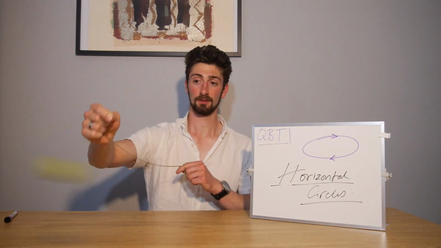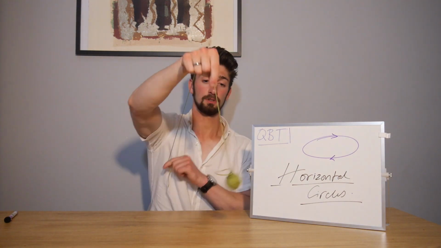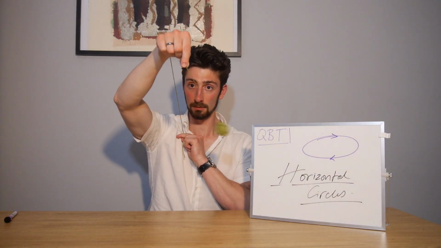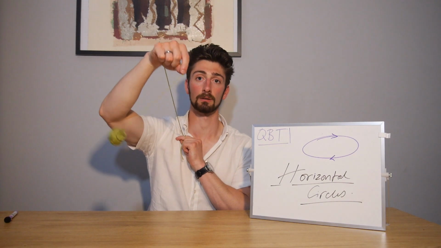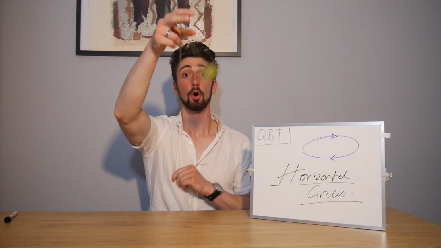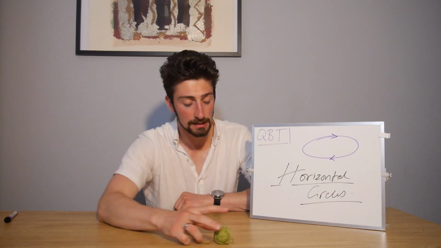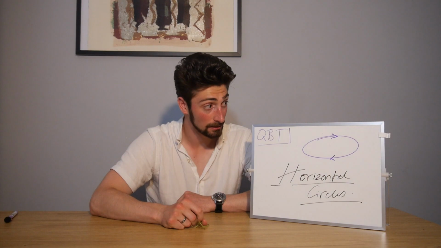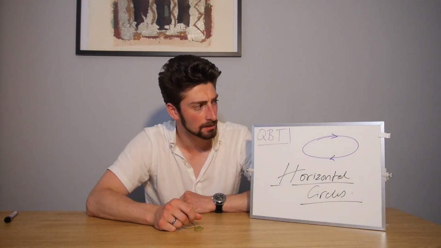Horizontal circles. And like this one too, like this one. This is more like a conical pendulum. We're doing that in another video. Obviously it's not a conical pendulum, but this is kind of what it does. Anyway, horizontal circles. We're going to take our understanding of circular motion and apply it to understanding